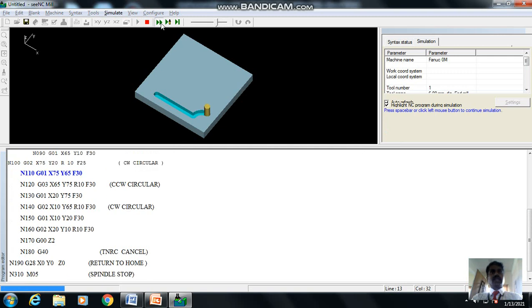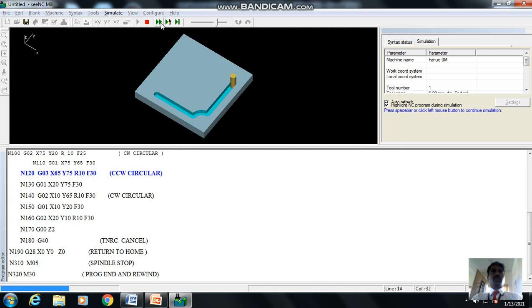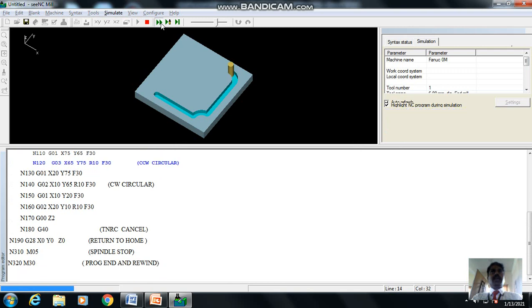Again, it has to move in a counterclockwise direction, G03, x 65, y 75, with a radius of 10. So it will move counterclockwise, and then move straight. Then again one curve, then straight, then one more G02 curve because it's a clockwise direction.